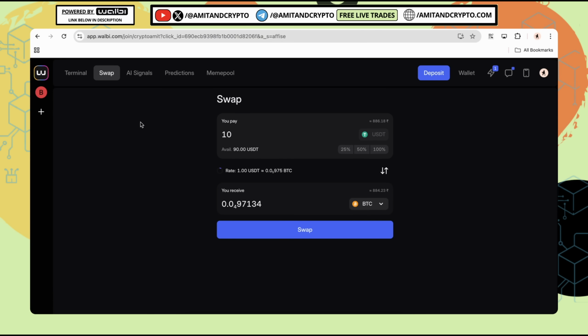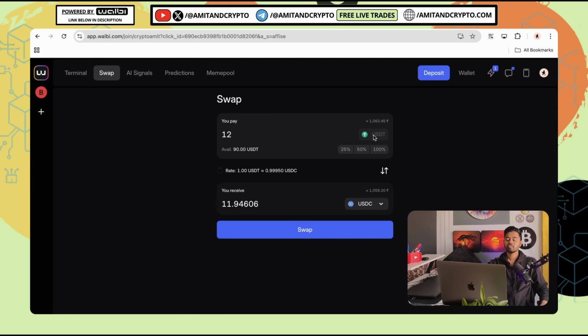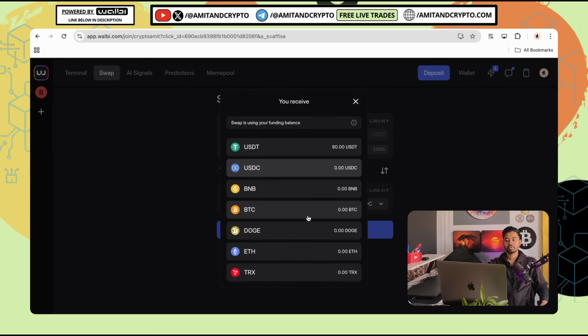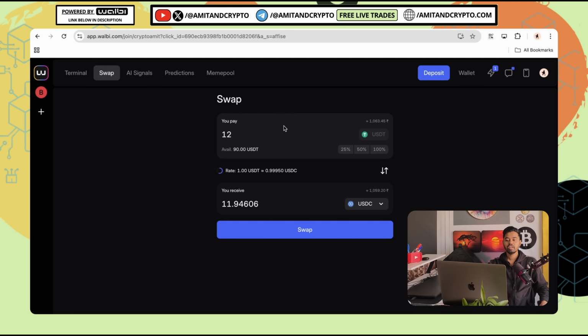Now let's explore the next option, which is swap. Here you can swap your cryptocurrencies from USDT to BTC without trading anything. With the help of swap, you can swap your cryptocurrencies from USDT to another cryptocurrency. Let's say you want to swap 12 USDT to another cryptocurrency like BNB, simply select the coin and click